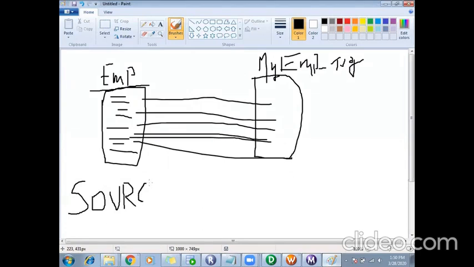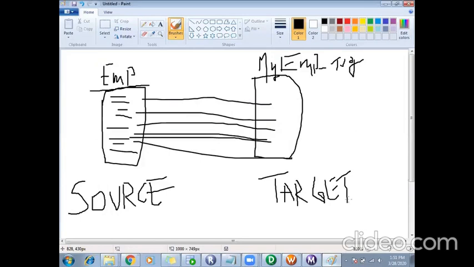Okay, we call it the source, and the place where we want to load the data is called the target. So going forward, we'll use this only. We'll say source and we'll say target. My requirement now is to extract data from the source called the EMP table and load it to our target, which is again a table called my EMP target something. Okay, we'll use this source and target.